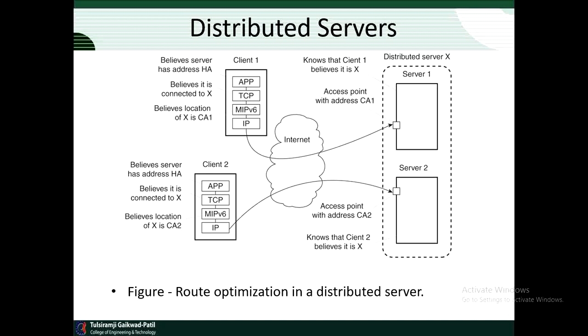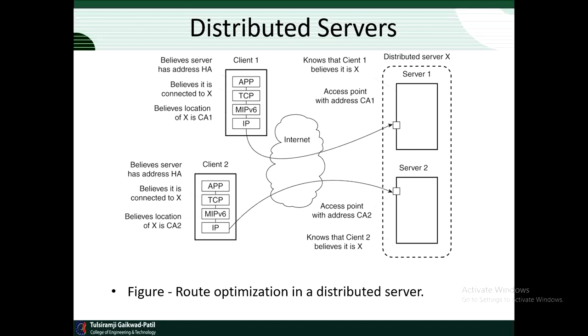This situation can be avoided by using the MIP version 6 protocol feature known as route optimization. Route optimization works as follows: the mobile node with home address, that is HA, reports its current care-of address, that is CA. The home agent forwards CA to a client. The latter will then locally store the pair, that is HA,